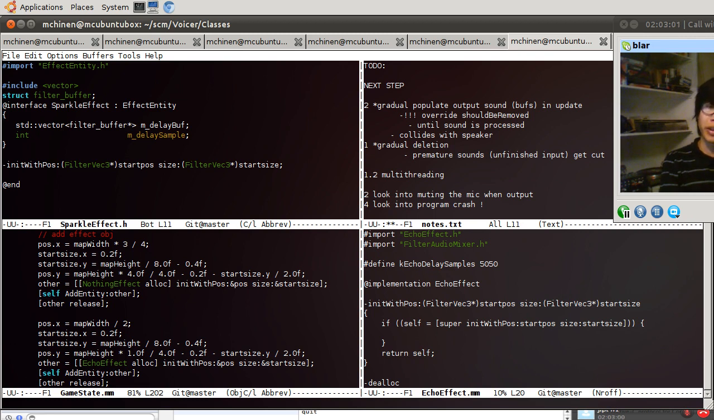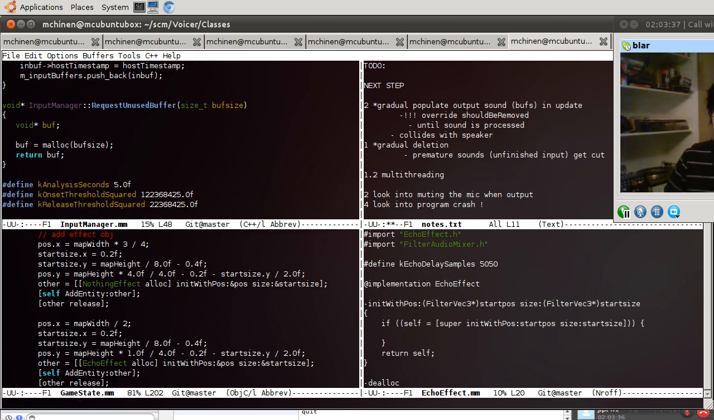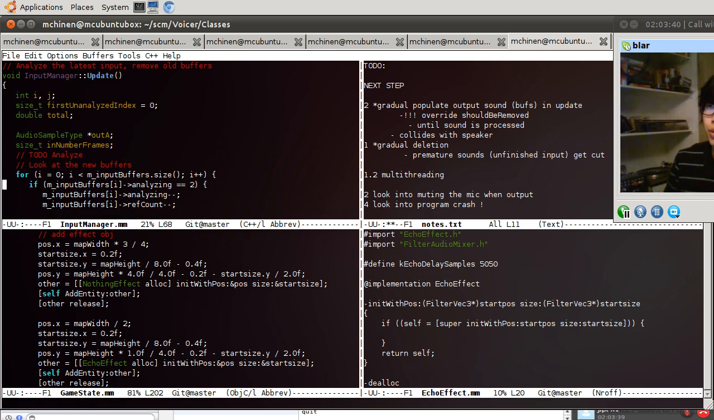How about we just mute the mic? And note that when I say mute the mic, we don't have to mute the mic. We just have to bypass the processing of the input, because we're not doing any straight throughs. The sounds are all the result of analysis and processing. So that class is called Input Manager. Yeah. So one thing we could do